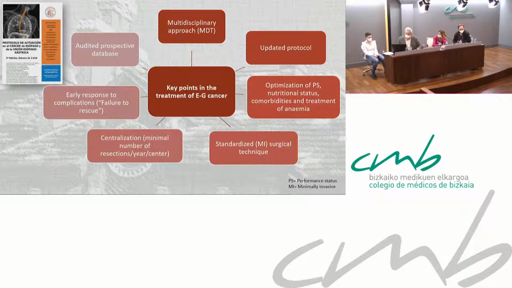We need a standardized technical surgical technique. The volume is a great problem. We are speaking of data. Data from our hospital are not the same as if we are part of a multi-center study. So the minimal volume of activity that we need to have good results is especially important when we are dealing with esophageal cancer. Of course, we not only need to properly treat the disease, but to answer properly to complications,